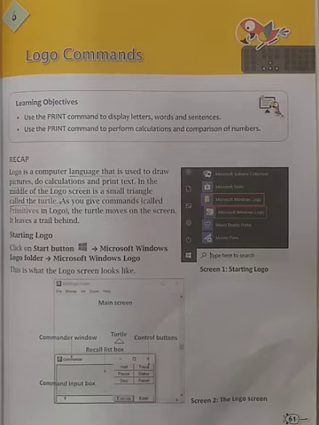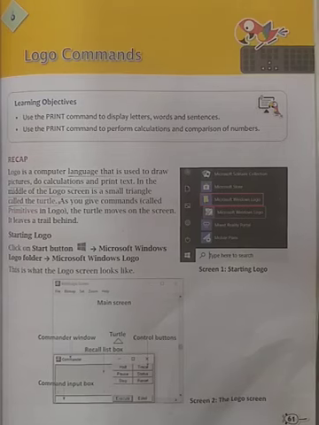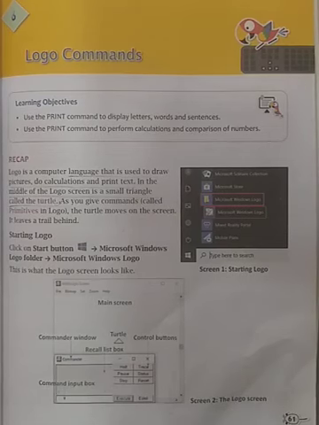The main screen, turtle, control buttons, commander window, commander input box as well as recall list you can see on the screen too. The purpose of these screen icons and their functions, let's learn.